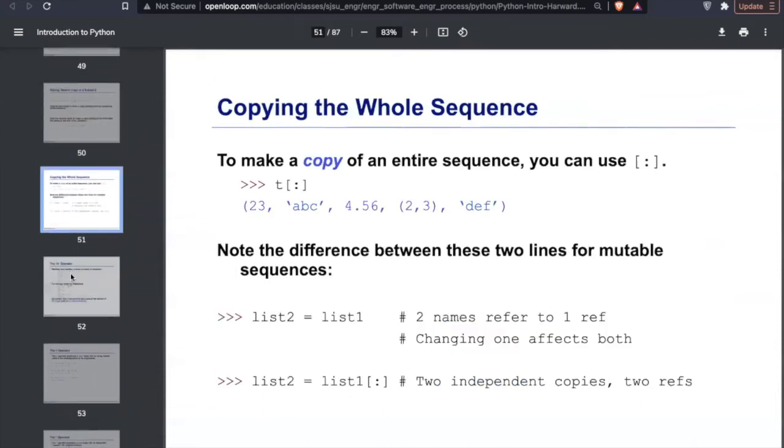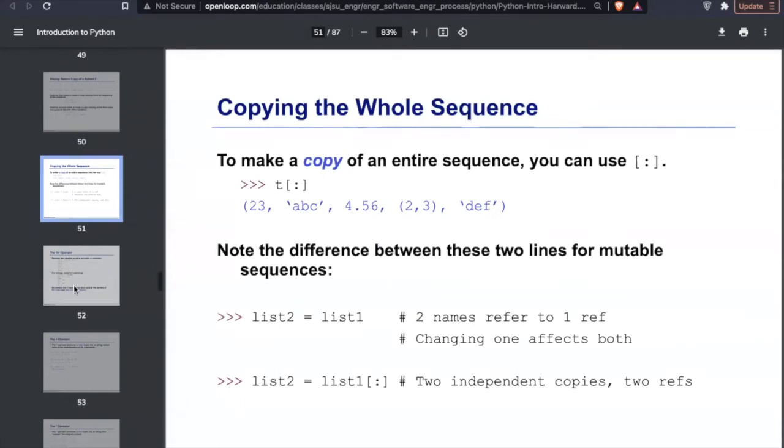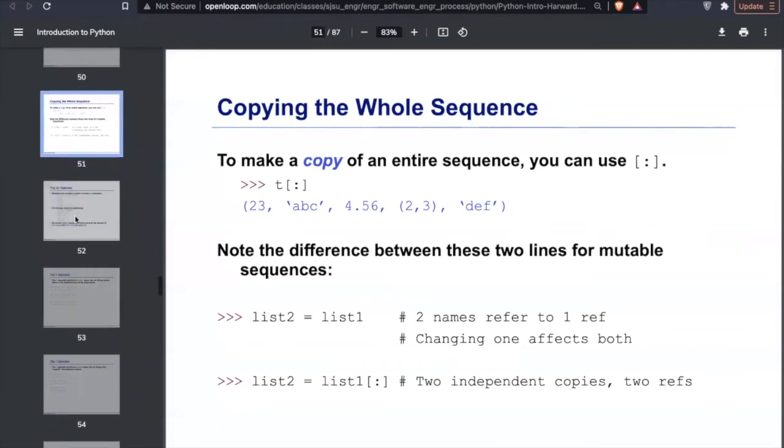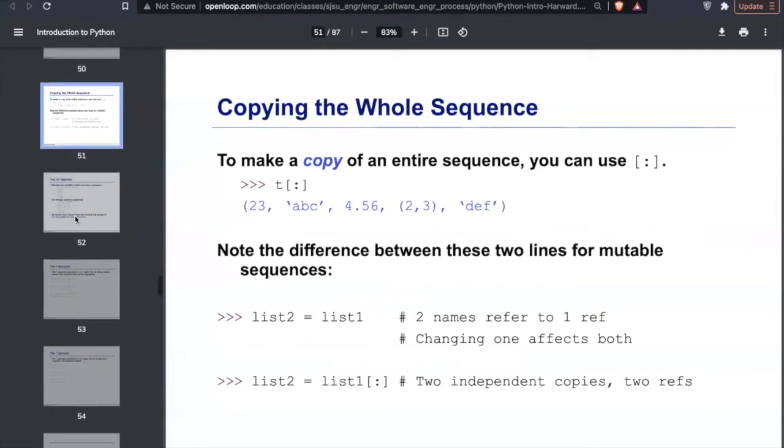If you want to copy the whole sequence, you cannot use an equal to sign, because that will just point towards the same data.